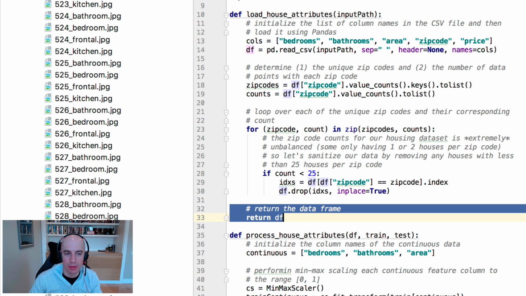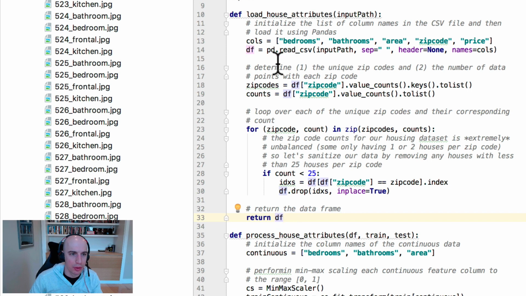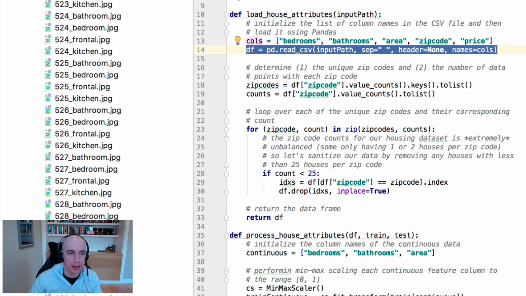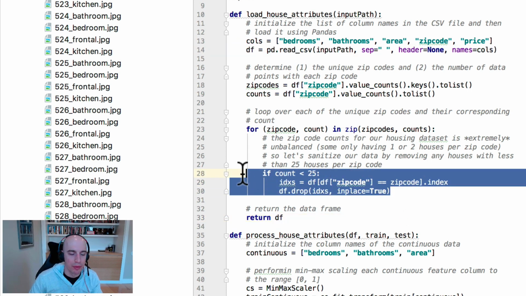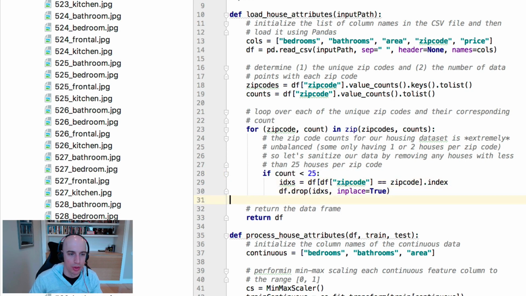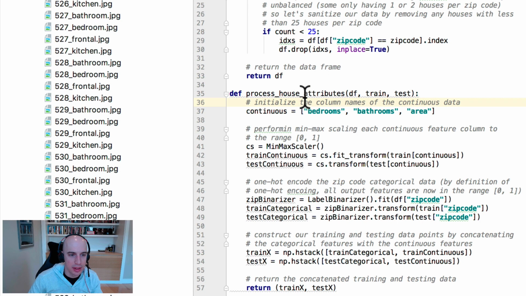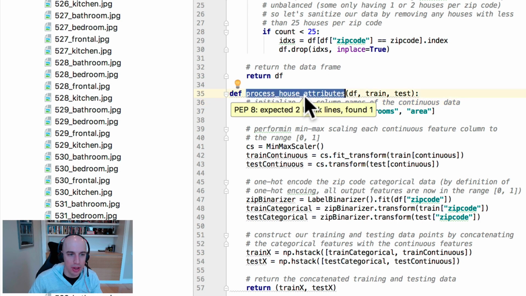Otherwise, like I said, it becomes a class imbalance problem, and we're just not ready to study that yet. So at this point, we've loaded the CSV file from disk. It exists as a pandas data frame, and then we've done some basic processing on the data just by removing homes with low zip code counts. The next step is to actually process these attributes and prepare them such that we can pass them through a